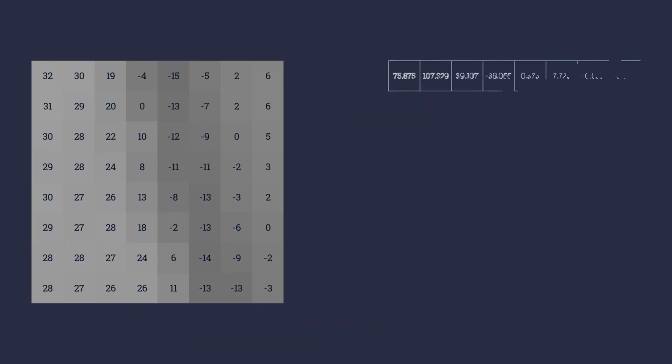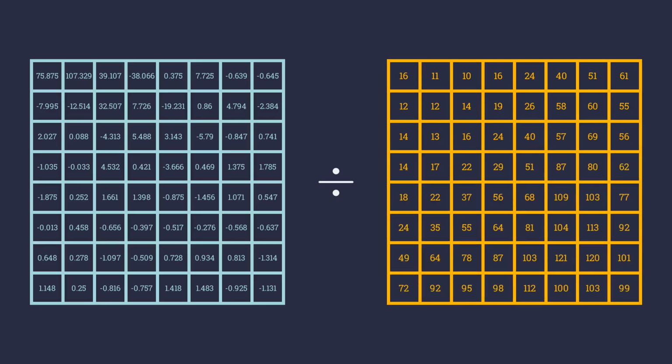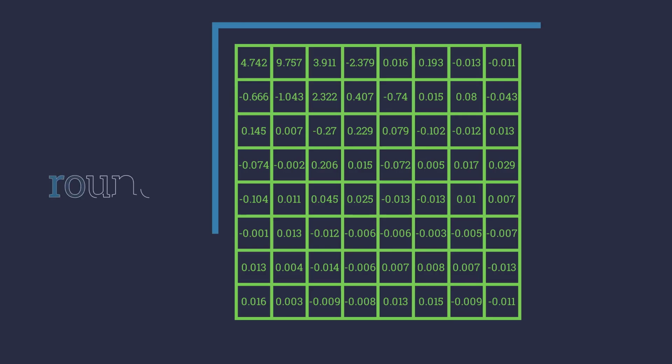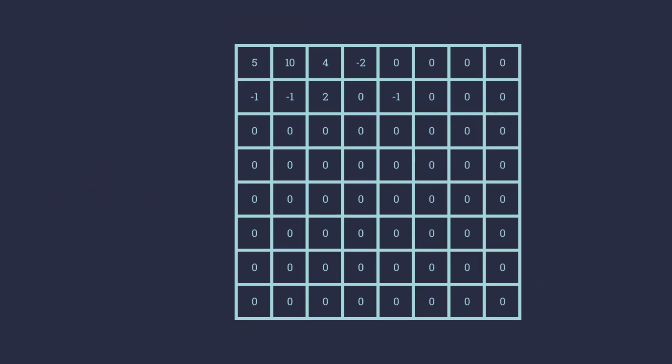Let's run the DCT on this. Running the DCT gives us a coefficient matrix. This coefficient matrix is then divided by the quantization table provided by the JPEG standard. Once we have divided it, we round all the values. This is the last step in lossy compression. We currently have a rounded, quantized DCT matrix at our disposal.